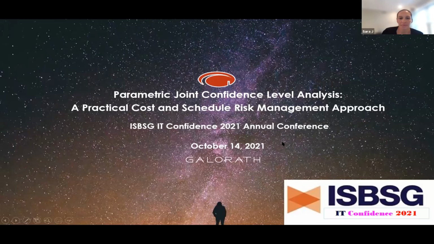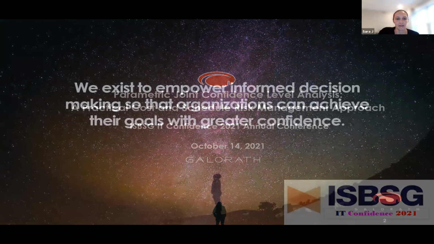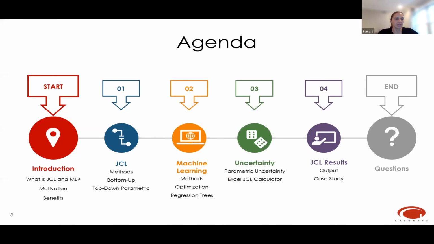So the title of our presentation is Parametric Joint Confidence Level Analysis, which is a practical cost and schedule risk management approach. So to start with our agenda, for our introduction, we're going to talk about what is JCL analysis, Joint Confidence